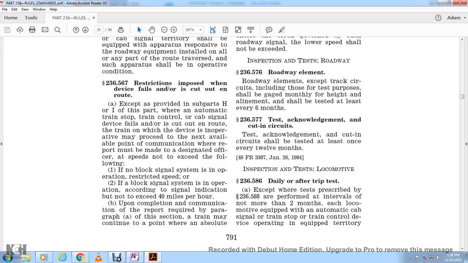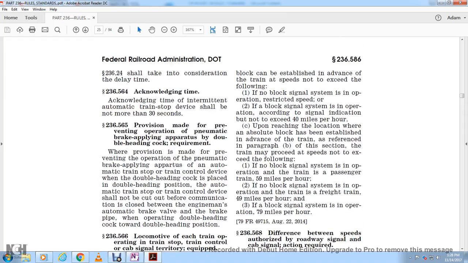Or if the block signal is operating according to the signal indication but not exceeding more than 40 miles per hour. Upon completion of the communication required with the paragraph A of the section, the train may continue at a point where the absolute block can be established in advance for the train speed is not exceeding following. If no block system is in operation, restricted speed, or if the block signal system is in operation according to the signal indication but not exceeding 40 miles per hour, upon reaching the location where the absolute block has been established in advance for the train reference of the paragraph B of the section, train may proceed the speed not